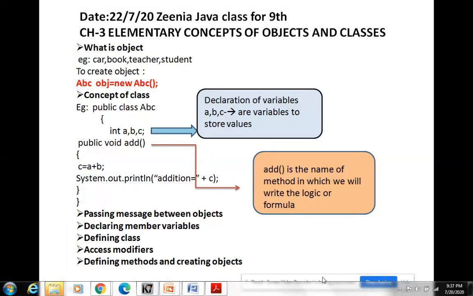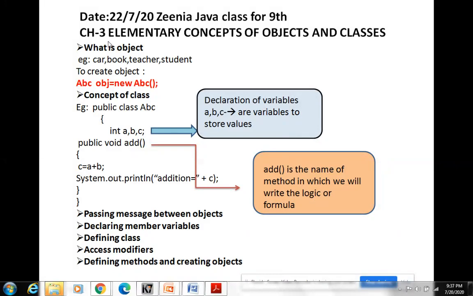Last Friday we discussed this chapter in live class, that is chapter number 3 on page number 30 in your book. So today we are going to do this chapter theoretically because we have done it in programming. In programming concepts we have covered this chapter, but theoretical conceptual questions will also be coming in your exam. So we need to cover the topics.